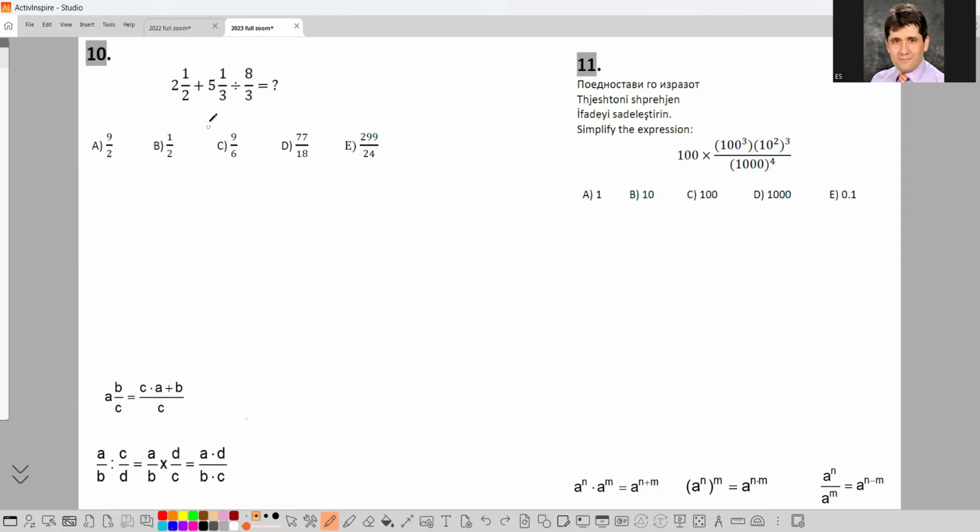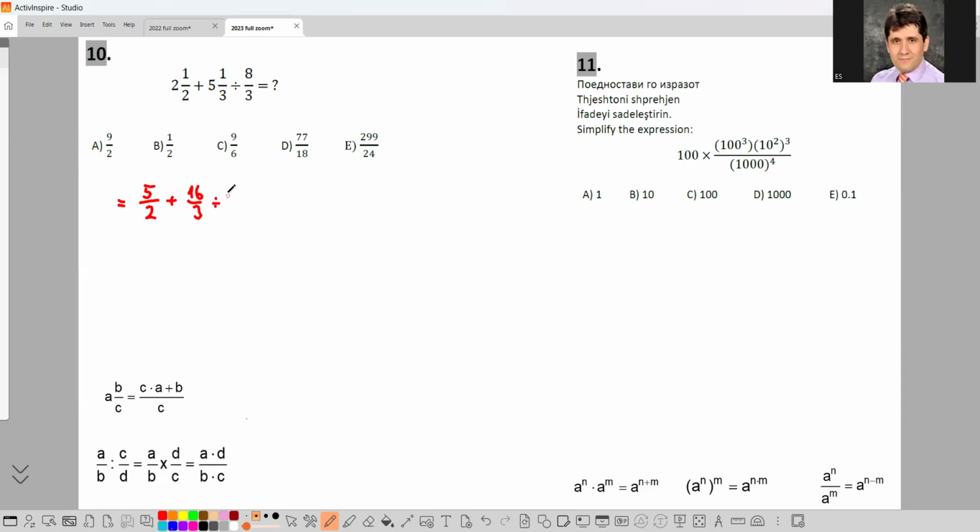Calculations with operations with fractions. This is a mixed number. Whenever you're dealing with mixed numbers, you have two options. Either convert them into improper fractions, which in this case is what we're going to do. So 2 whole and 1/2 is actually 2 times 2, 4, and 1, 5/2, plus this improper fraction is 5 times 3, 15, and 1,